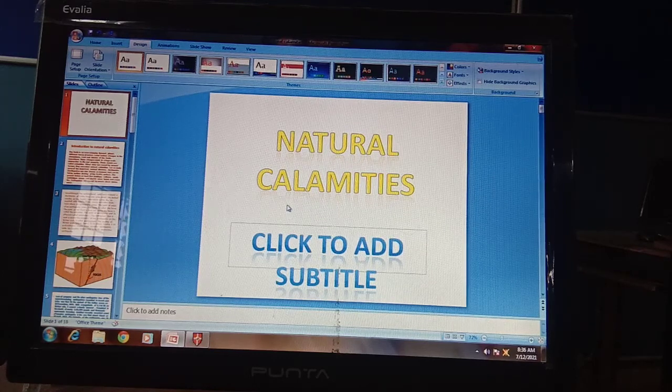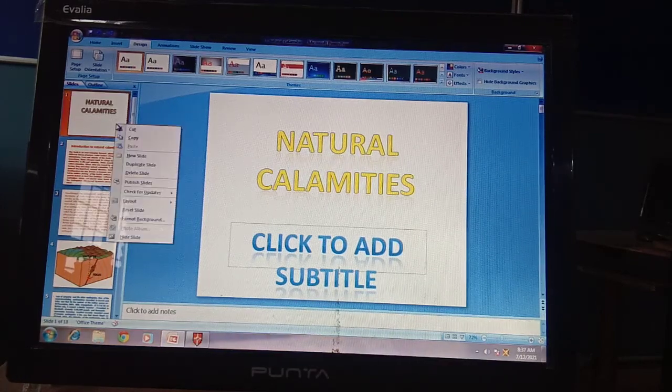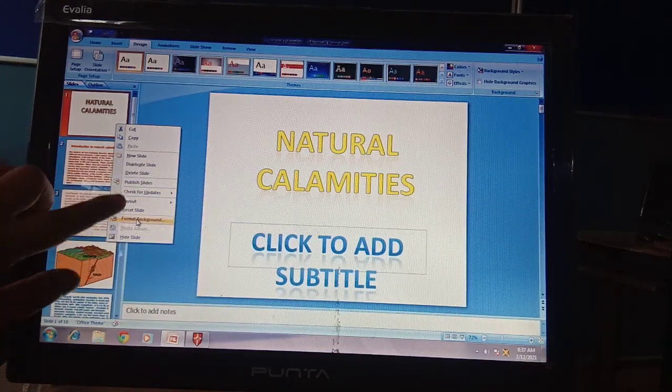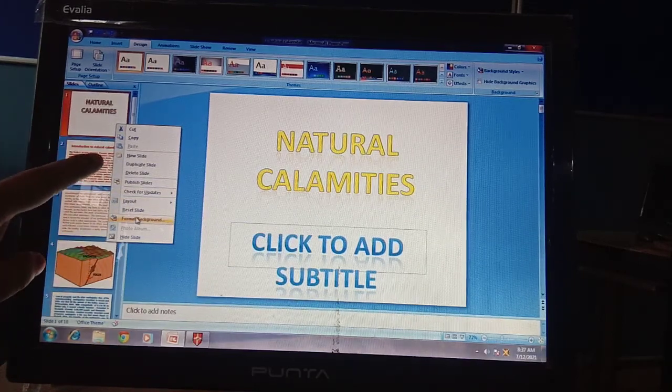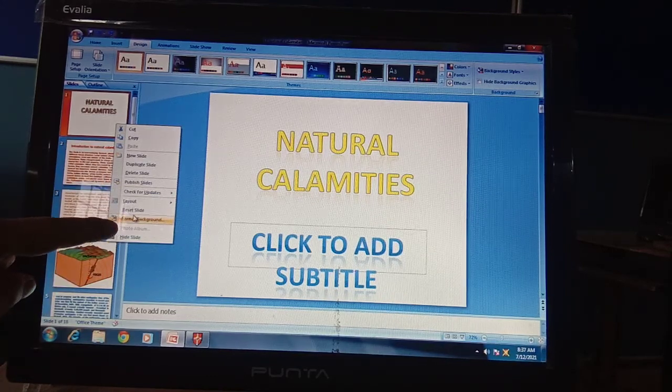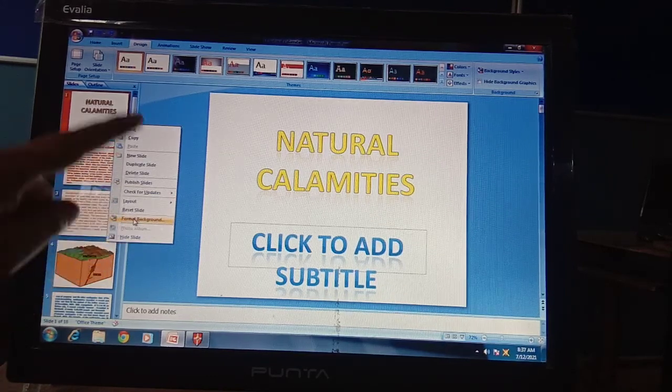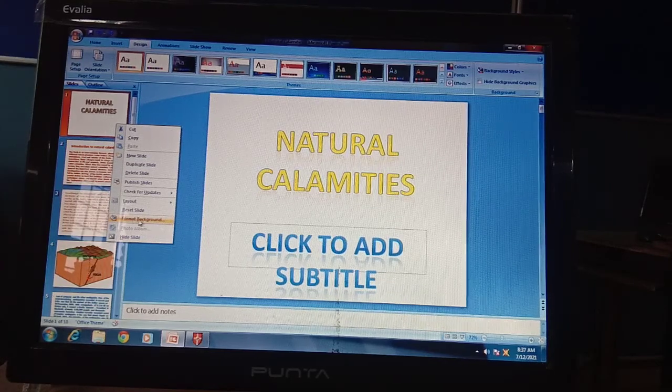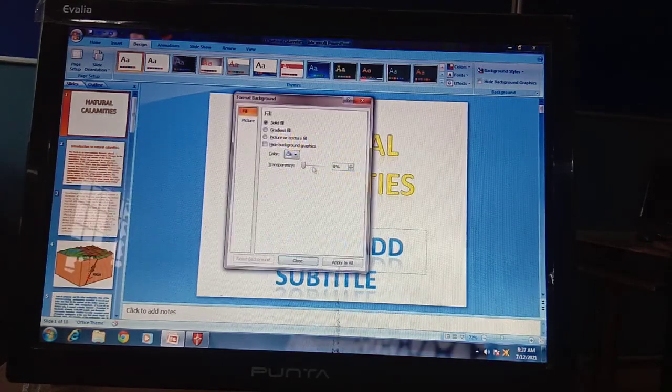One more way I want to tell you how to change the background. Just right click on the slide in which you want to change the background and go to the format background option. When you click right from your mouse, this type of pop-up menu will appear, and here is the format background option, from where the same menu will come.